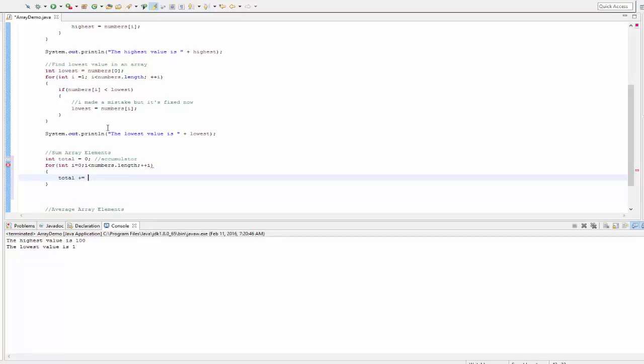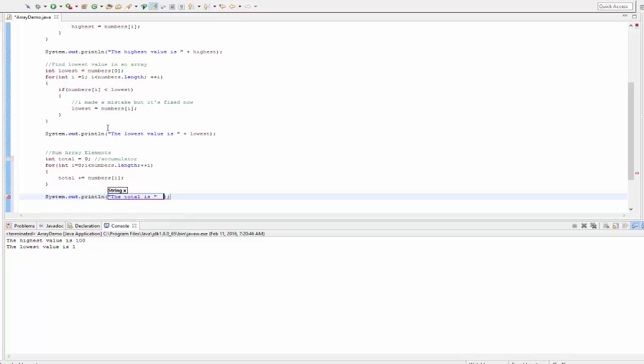Total plus equals numbers sub i. The total is